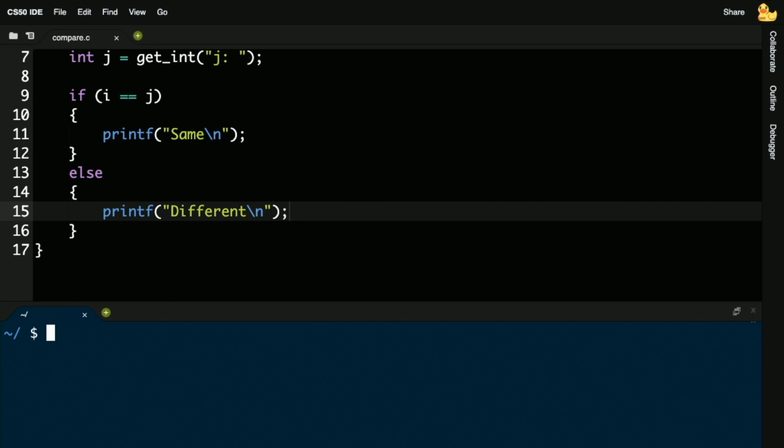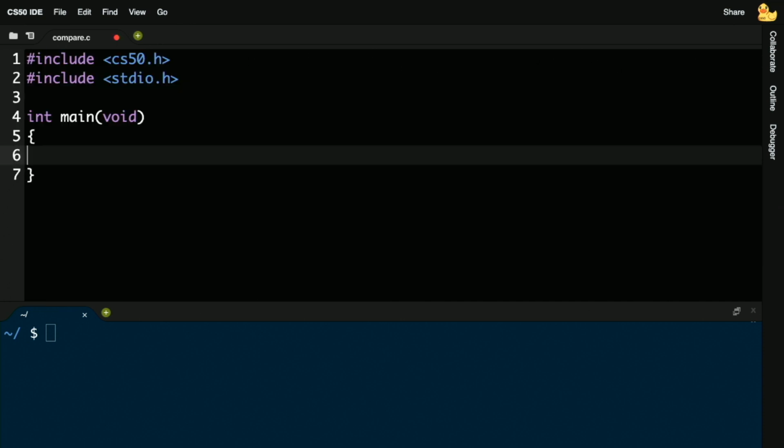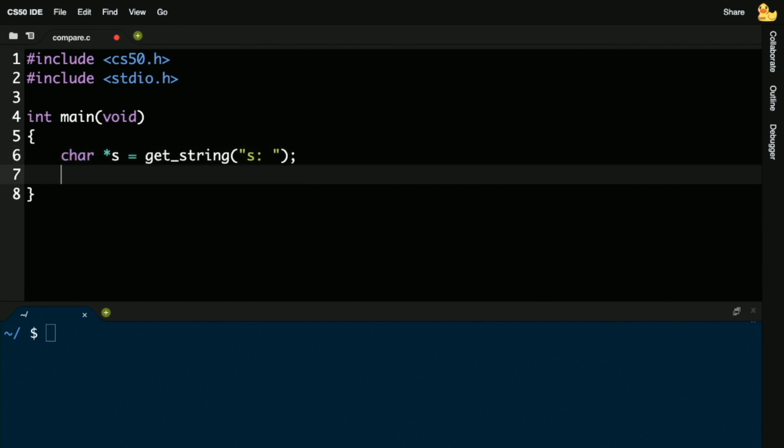But let me quickly make it seemingly incorrect by not using integers. How about by using strings instead? Let me give myself a string. Although, no, I don't need that training wheel anymore. Let's just do char star s equals getString. But again, even though I'm calling it char star, it's still a string like it was weeks ago. Let me give myself another string called t, just to keep the name short. And t will get that value there.